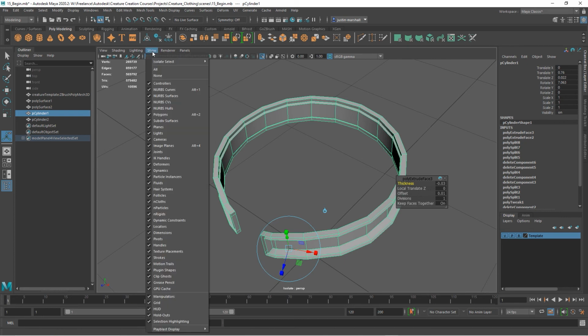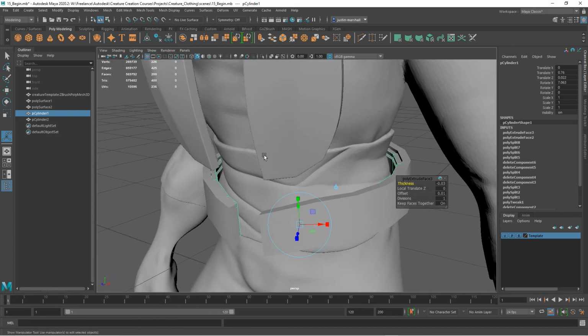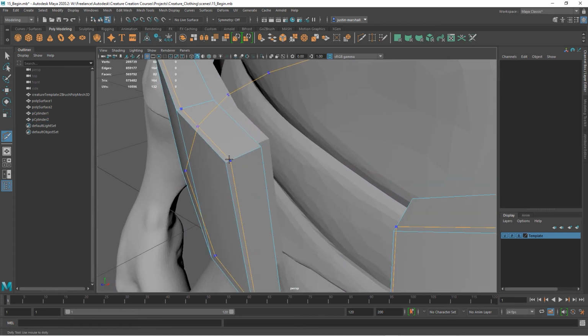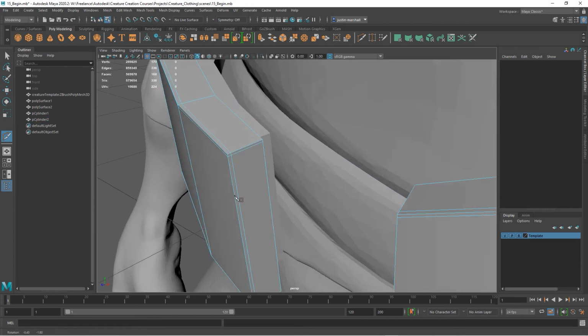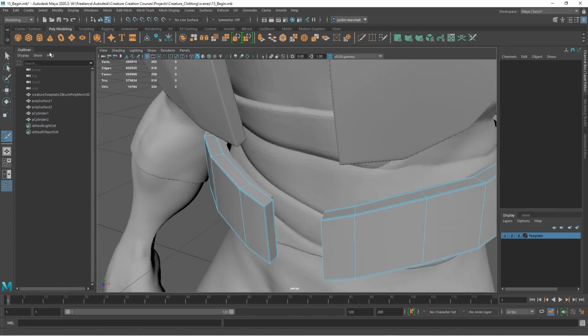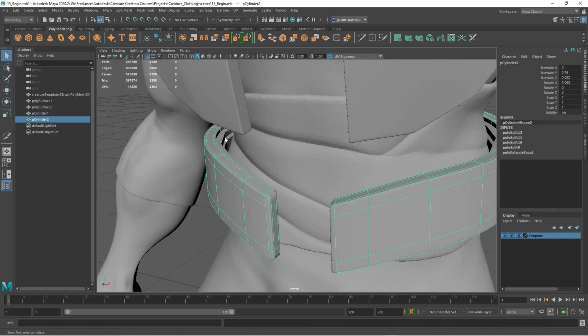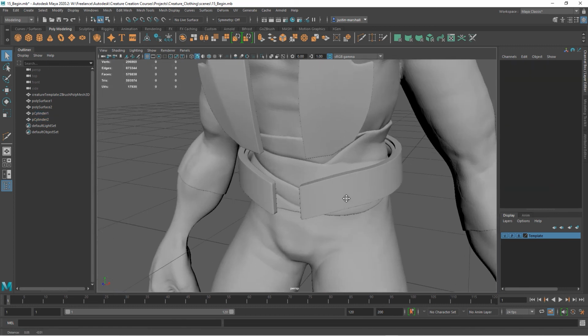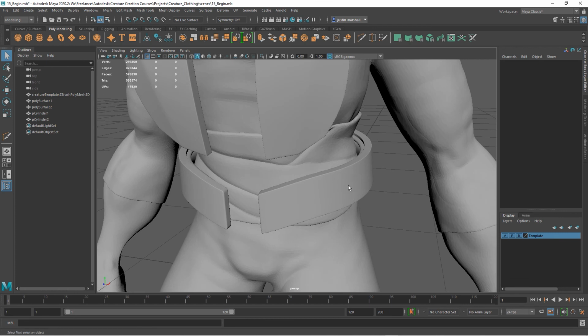Let's go ahead and turn off our View Selected. And again, let's add our support edges so that when we take this into ZBrush and subdivide it, it keeps its shape. Okay, kind of like that. And that gives us a couple of objects there. With that, when we texture it, thinking about this is wood and we'll have some